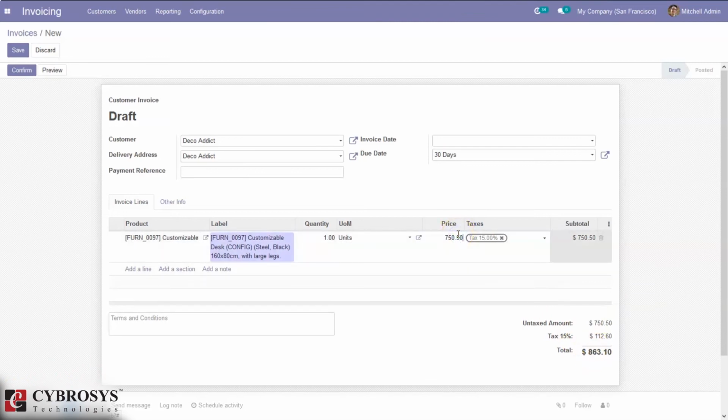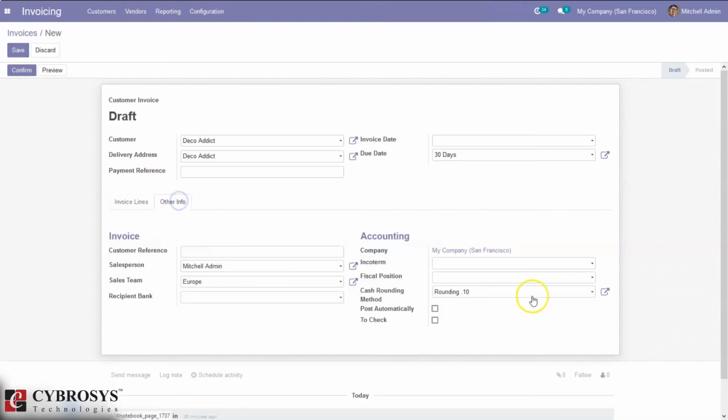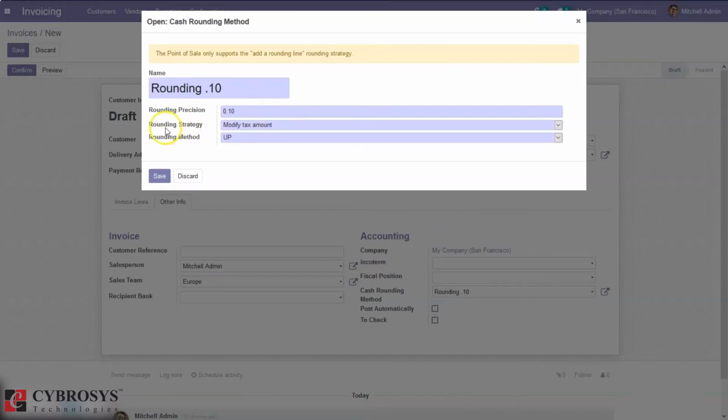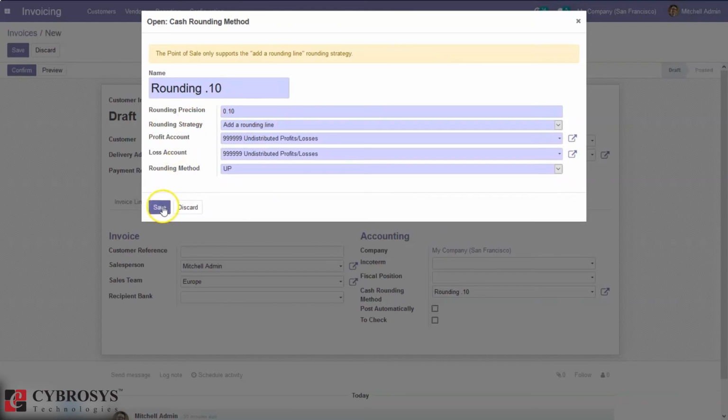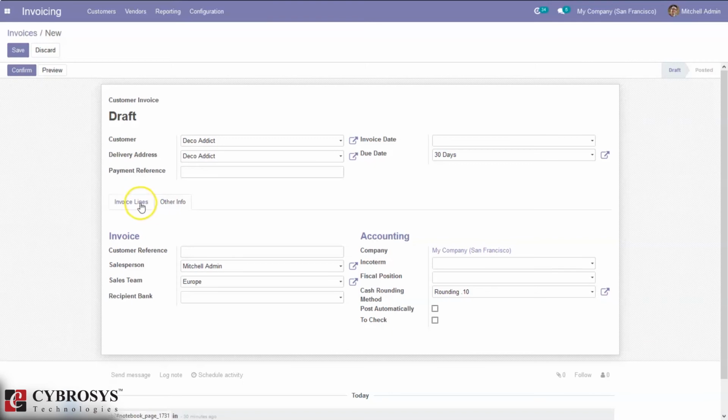If we keep on changing, as you can see, the tax amount will be adjusted according to that. So that's about the first case. Now let me change the rounding 0.10 rounding strategy to add a rounding line, and you can see the rounding method set is up. After saving this,